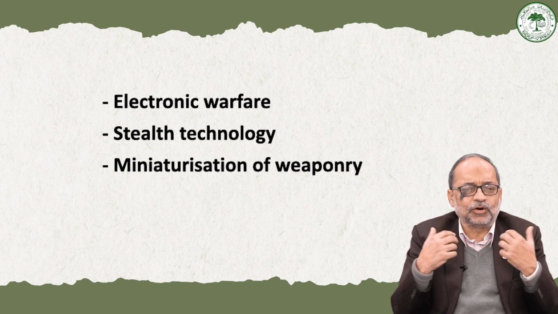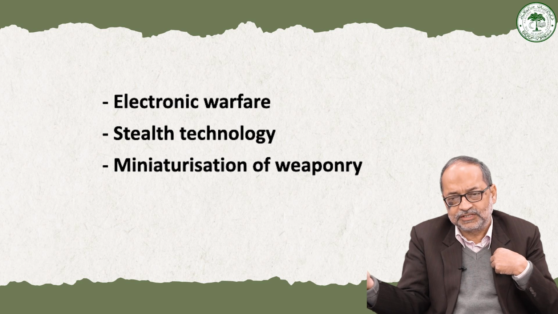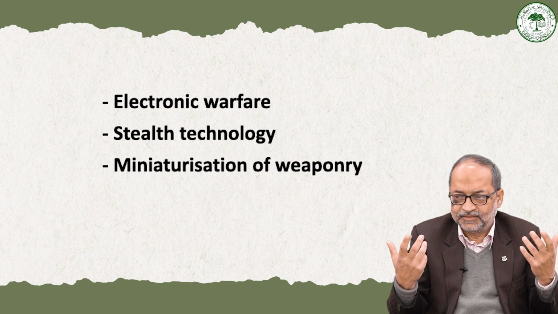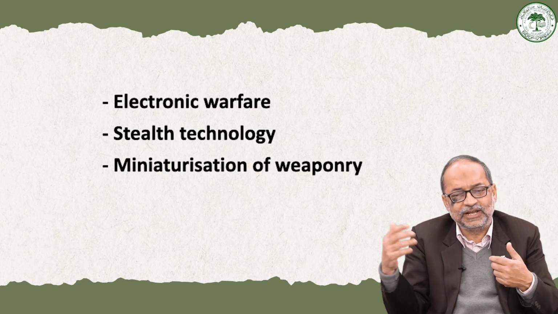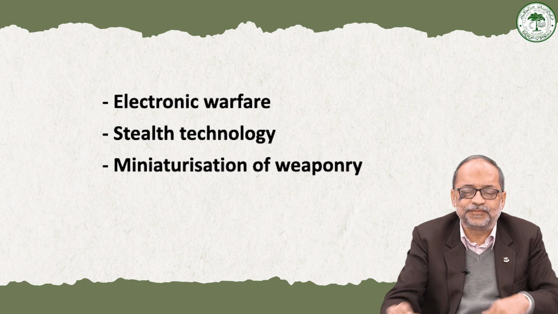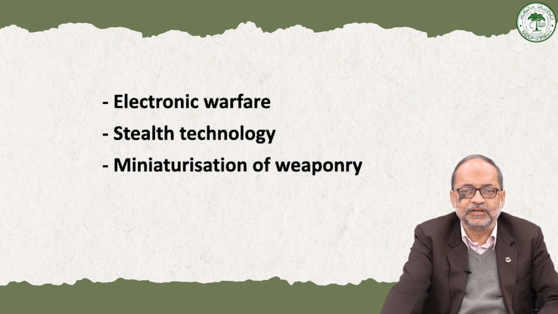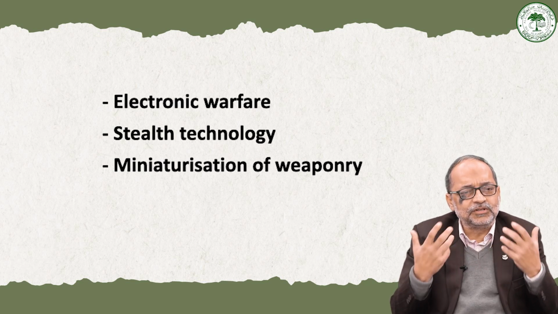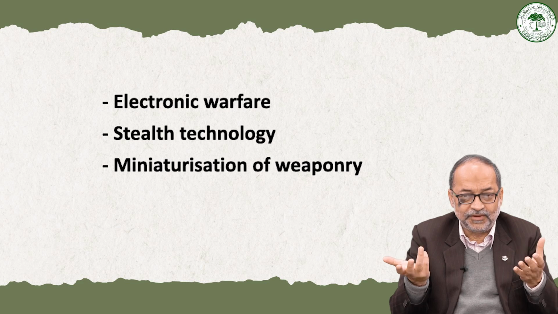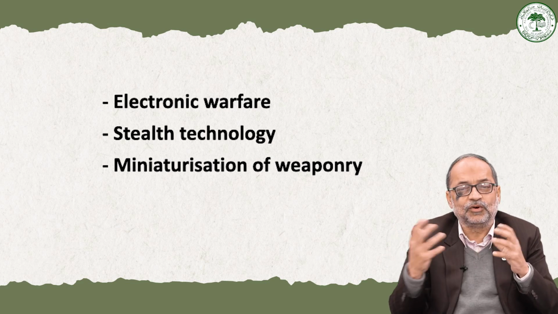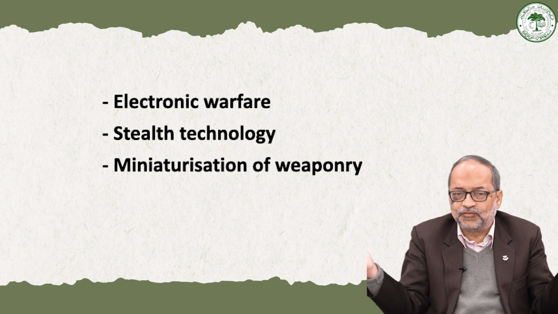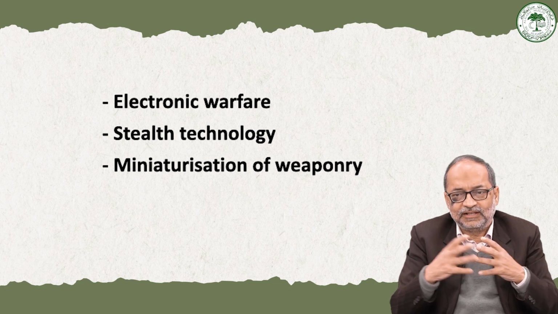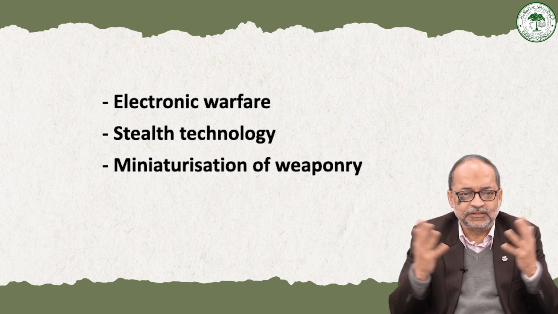So on the one hand, you cannot hide because the enemy has all these technologies, and when the enemy is coming to you, you have countermeasures. You have technologies like stealth technology. America has got stealth bombers, which China has got, even Russia has got, but they are prohibitively expensive. So countries which are relatively poorer and have fewer resources cannot afford these technologies. But these technologies are changing the nature of warfare, where it's difficult to hide. So you have all kinds of technologies whereby you can expose the enemy's forces wherever they are hidden, and then if they come to you, you are able to check their movements and then counter them, and vice versa.